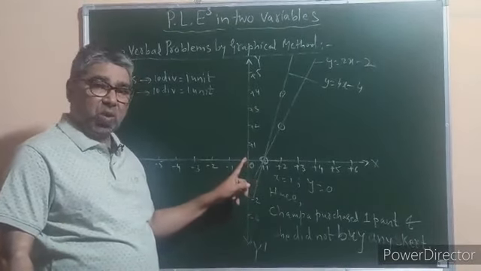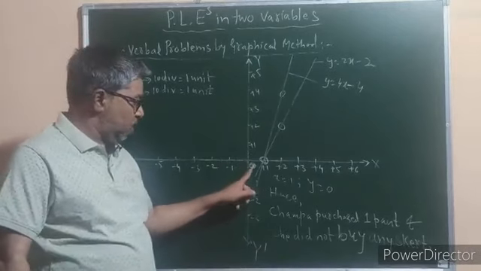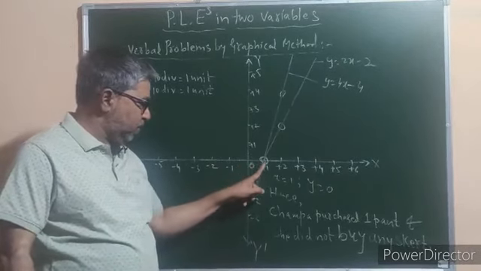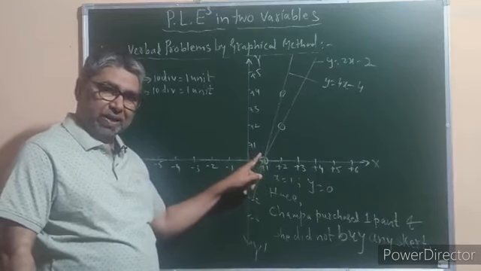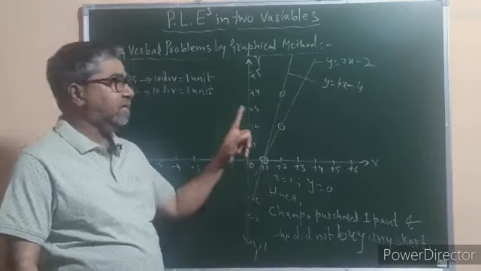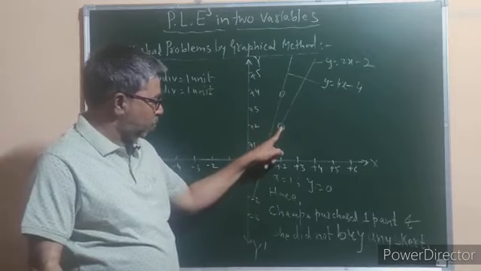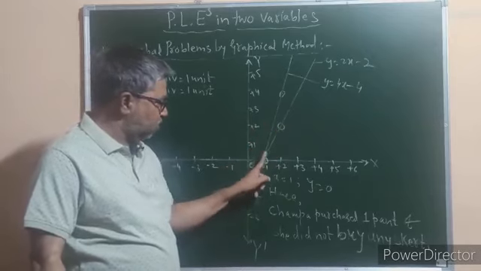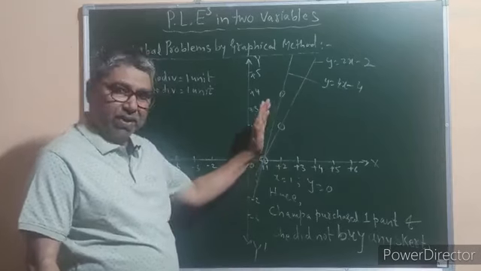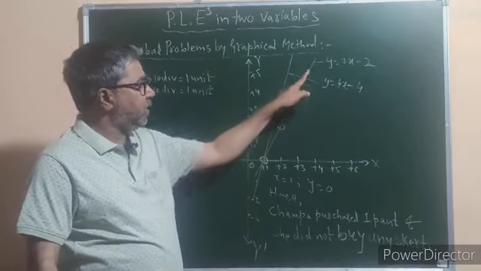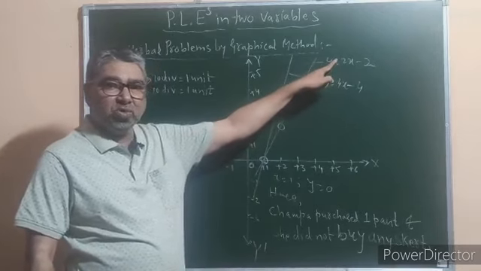The first pair is 1, 0 of the first equation. On the x-axis 1 is here, y-axis 0 means this point. You have to encircle it as usual. Then the second point is 2, 2. x is 2 here. You have to move vertically upward, and y is 2 here. This is the point. These two are the points. Draw a line passing through them. This is the linear graph of the equation y is equal to 2x minus 2.